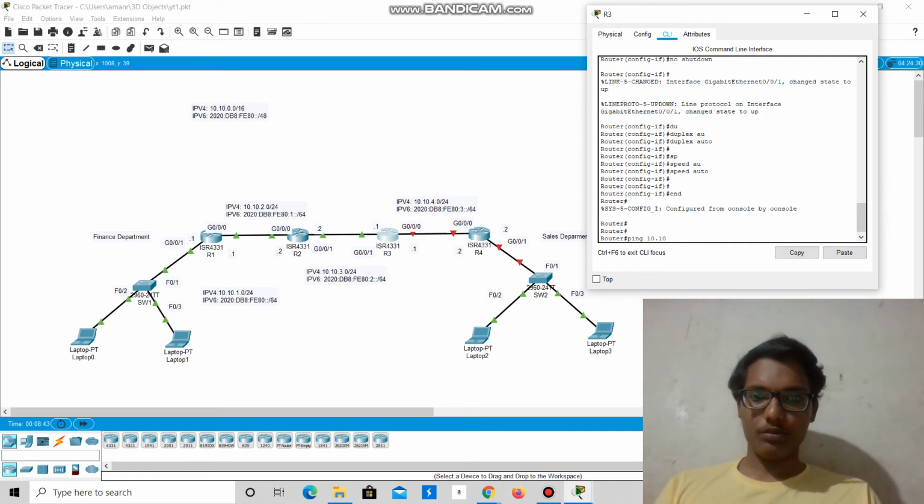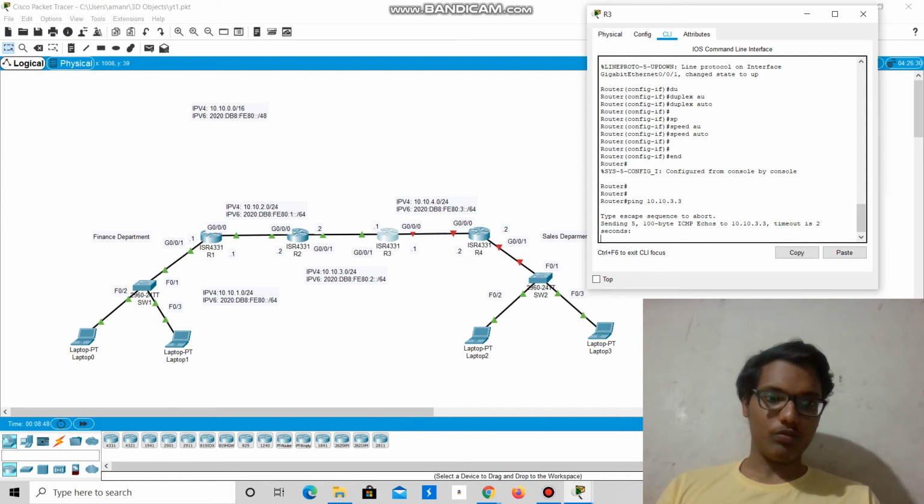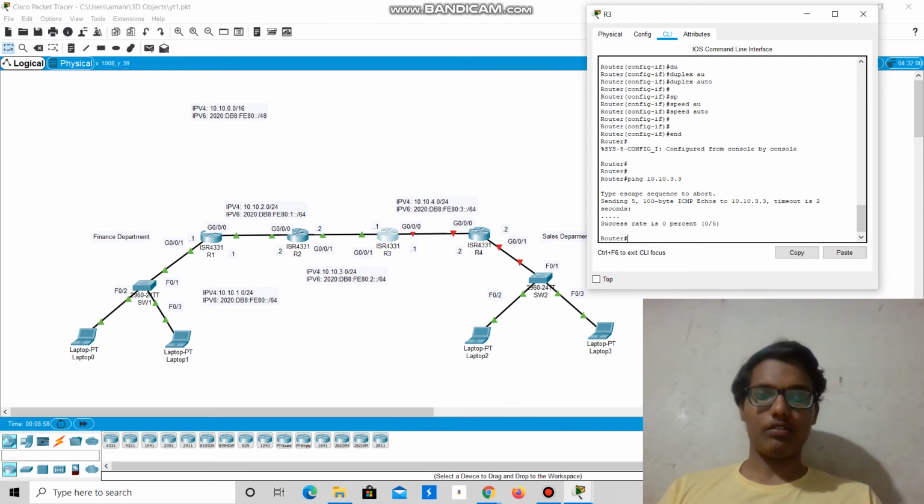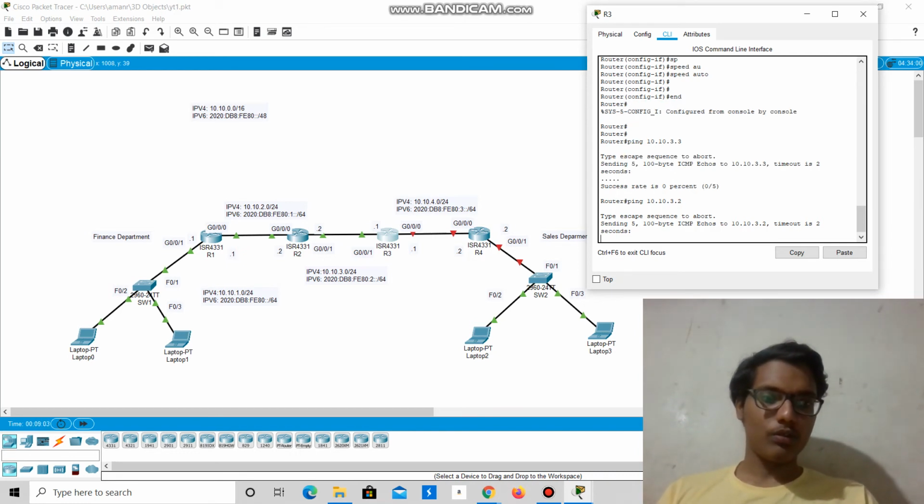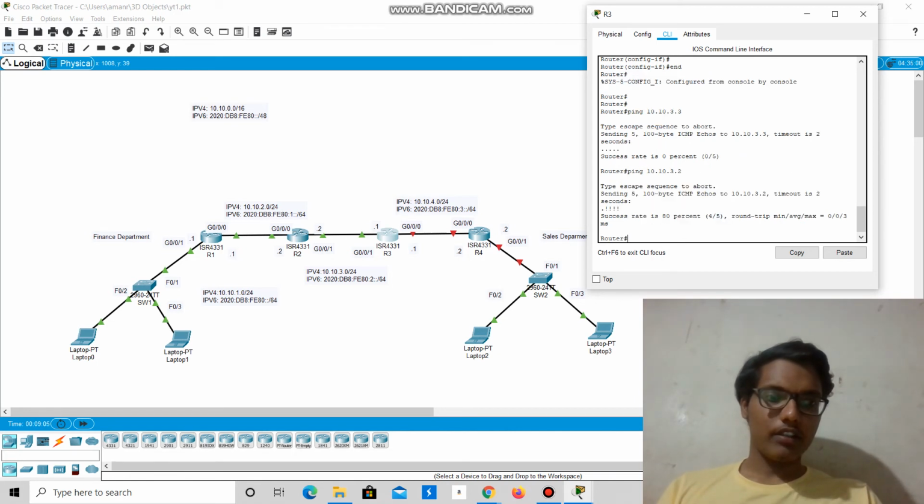We'll ping 10.10.3.2. I think it should succeed. Oh, sorry, I entered the wrong IP address. It's not 10.10.3.3, it's 10.10.3.2. Now it should work. Yes, the link is working.